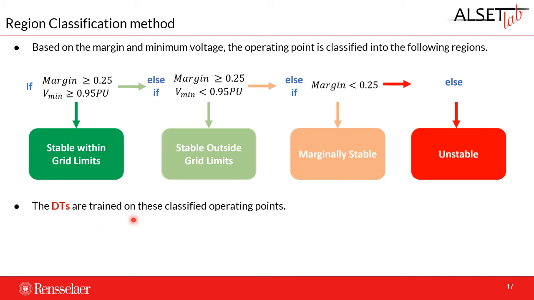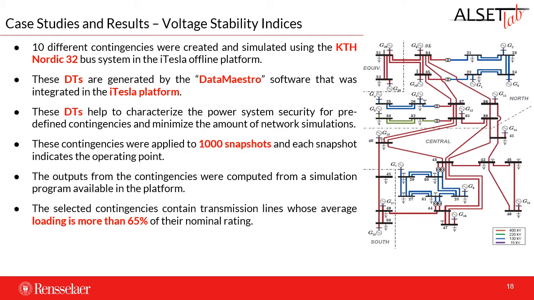The decision trees are then trained on these classified operating points. The case studies that we carry out are the following. We perform 10 different contingencies for different operating conditions on this Nordic 32 system that was built into the iTesla platform. Within the iTesla platform, decision trees are generated by the Data Maestro software from Pepit, which was integrated there. These decision trees help to characterize the power system security for predefined contingencies and to minimize the amount of network